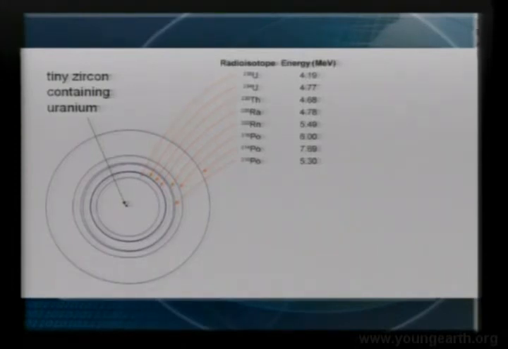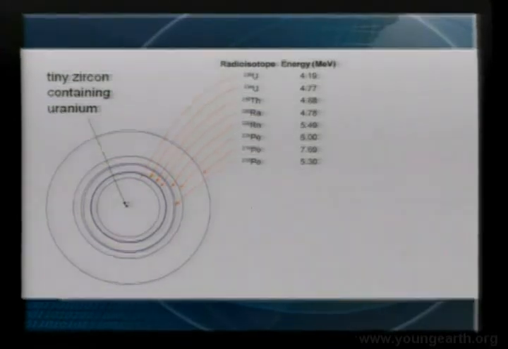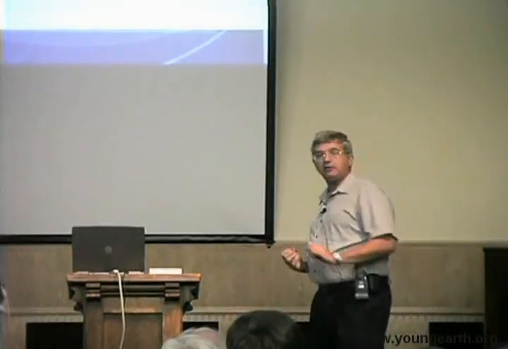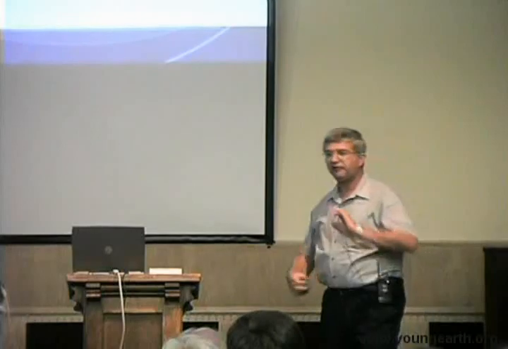So it's like having a handgun and a shotgun, a high-powered rifle, able to shoot the bullets further or not so far according to the energy. And so you can see what happens. Most of the damage to the crystal is done when the bullets stop. So the more powerful the bullets, the further they go,